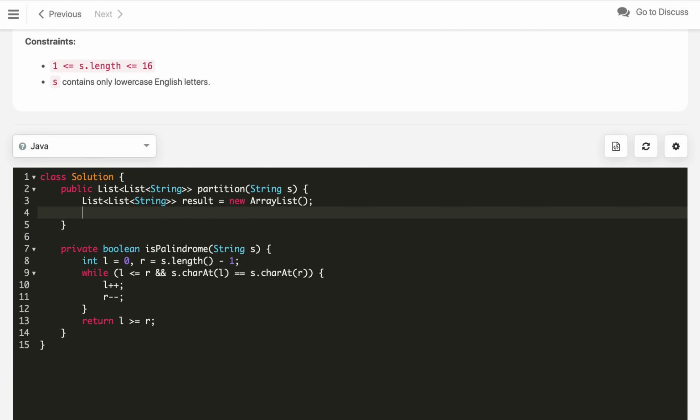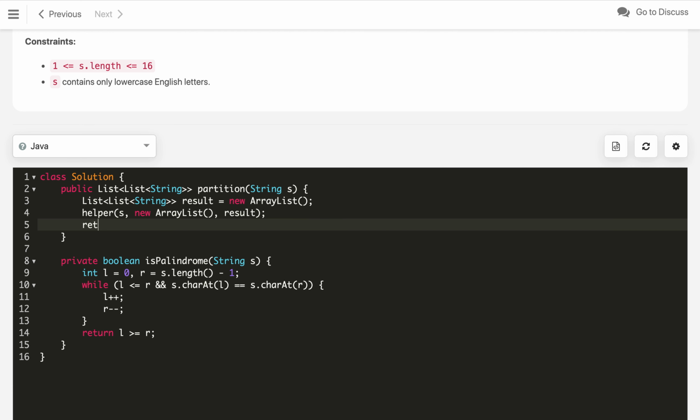Now what we will do, we will call a helper method. That helper method will try to generate all the palindrome partitioning and check if it is successfully generated, then it adds into the result. So we will pass this result, and also we need a current list which will maintain all the strings in that current partition. So this is what we will pass here. Once we pass, in the end we just return the result, whatever result we generated.